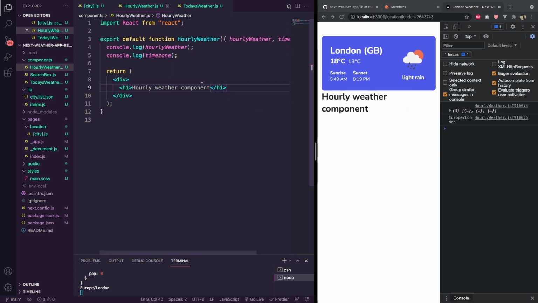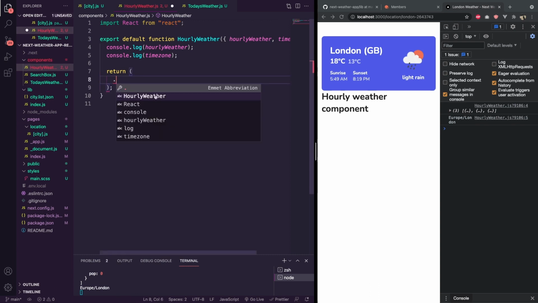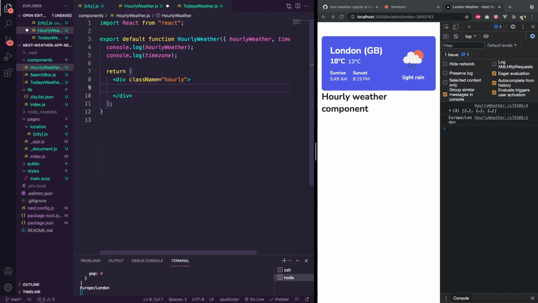So what I now want to do is build up the page a bit more. We're just going to create some elements that we need. So we're going to make a div with a class name of hourly. We're going to make another div under there called hourly__inner. And then what we're going to do is, if there is hourly weather, so if hourlyWeather.length is more than 0,